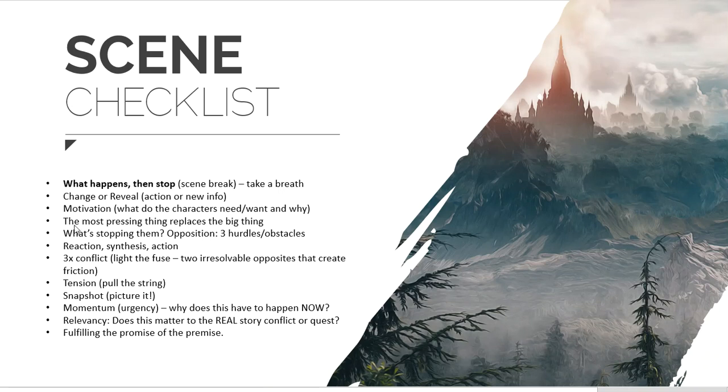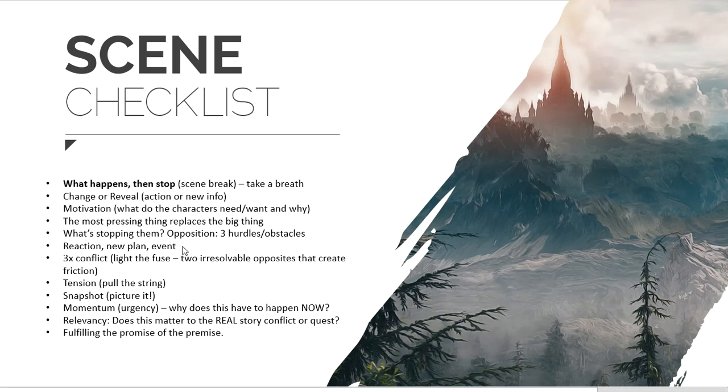A main scene is going to have a reaction, a synthesis, or an action. I actually rewrote that a little bit because it was kind of confusing, so I've changed it to reaction, new plan, and event. And the order seems a little weird because in the first chapter, there won't be anything to react to. You'll be building your ordinary world, but eventually something will happen. By the end of chapter 1, probably something will happen. So like I said, when something happens, then you stop. So this is a better order where the end of a scene or the end of a chapter is the event, the new information,